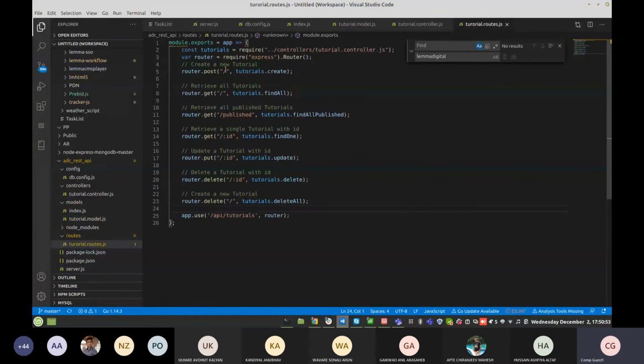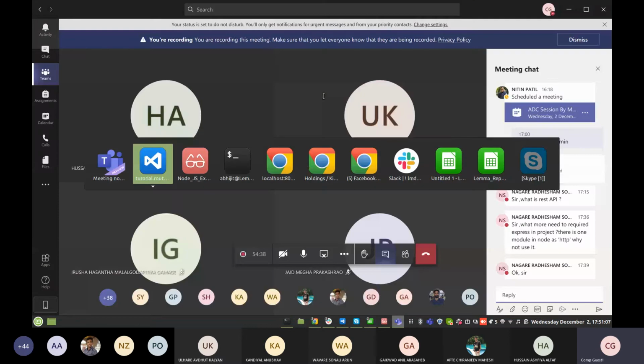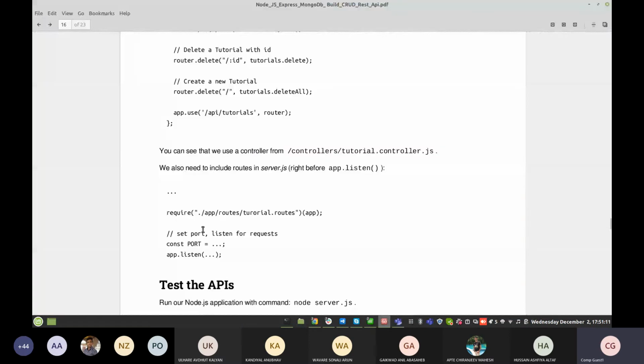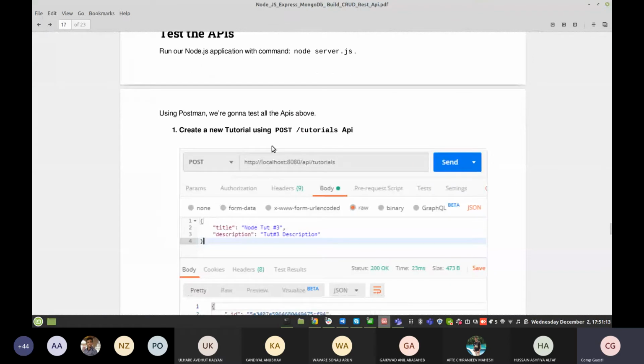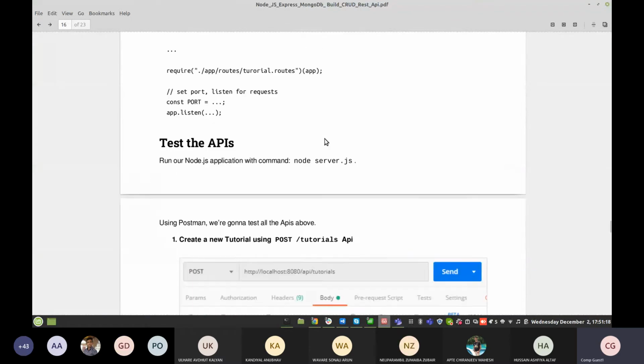here, the create or the fetch one. Okay, retrieve all the documents whenever you get a call. This is a get call. So all the tutorials you can see on your screen. If you use the same thing, so the first route comes to, okay, and now let's test our application.